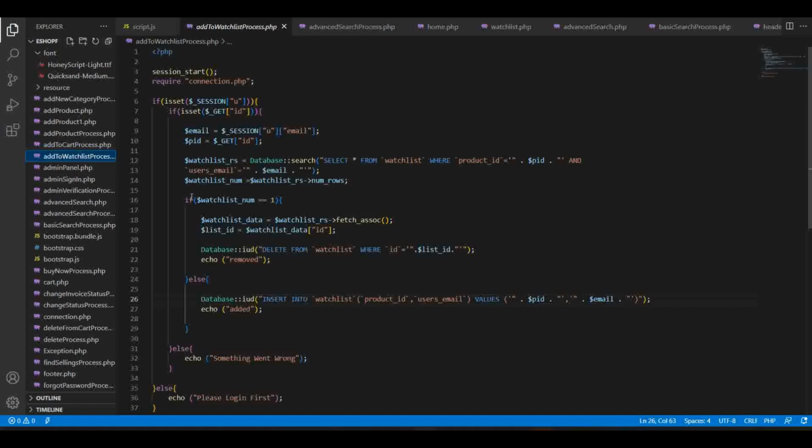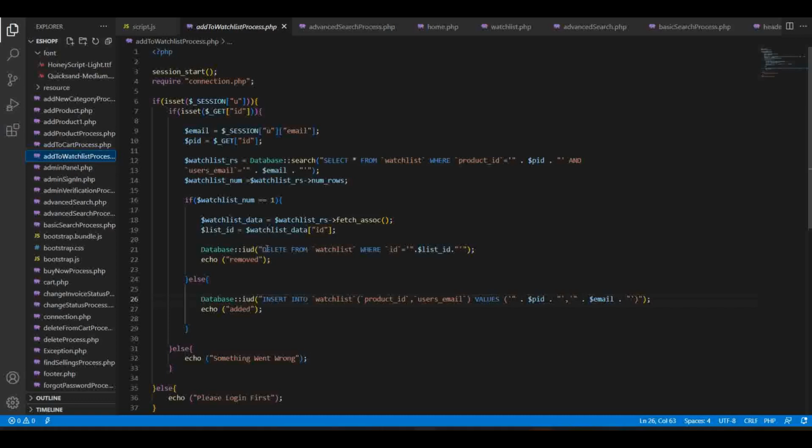Then we check the number of results. If the number of results is equal to 1, we fetch the data, and then we remove